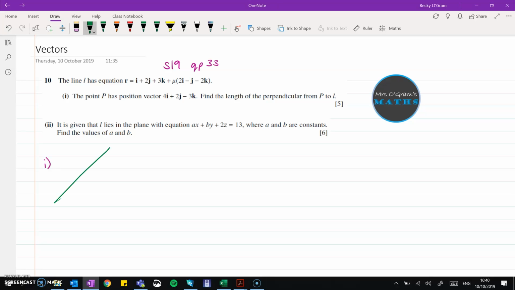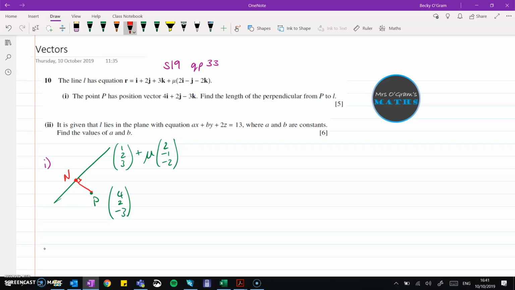We've got the line (1, 2, 3) plus mu (2, minus 1, minus 2). We've got a point P somewhere, which is (4, 2, minus 3), and we're trying to work out the distance from P to the line on a perpendicular. So we can first of all label that point where it touches the line there,